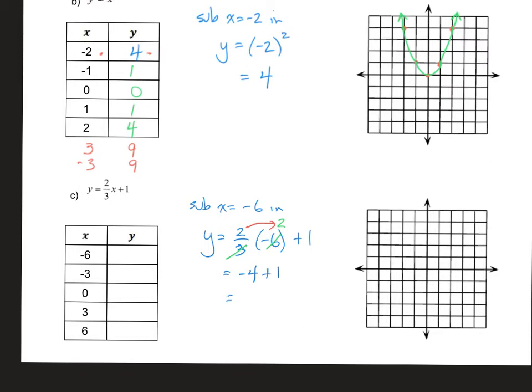By me choosing a value of 6 or negative 6 in that table for my x, it allowed me to avoid working with fractions in the future. I now have a y value of negative 3 that matches up. So notice, every single one of my x values are all values that would divide by 3 evenly. So very quickly, I should be able to work my way through. If I replace my x with a negative 3,